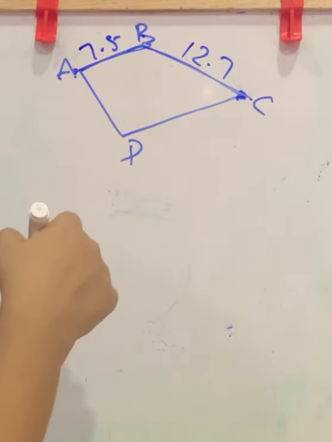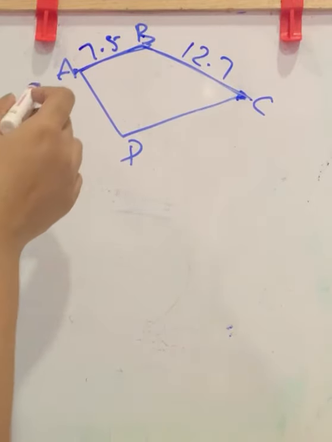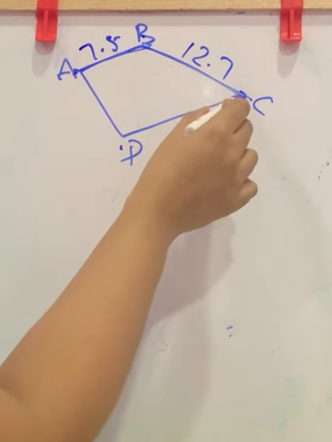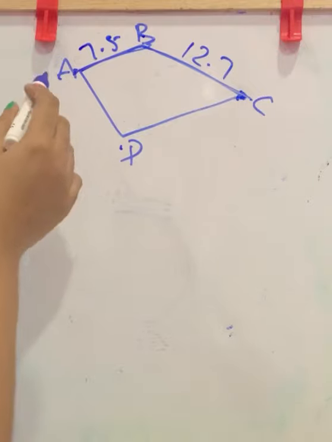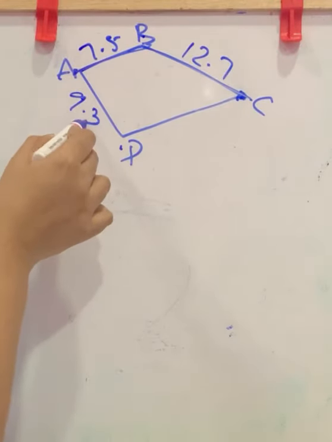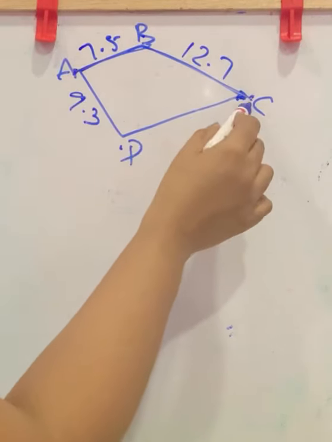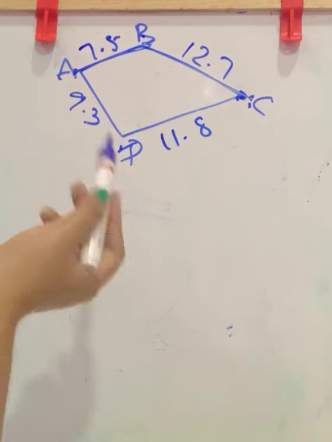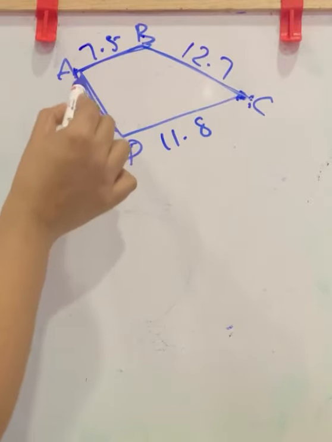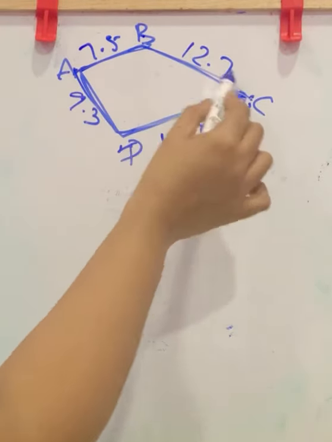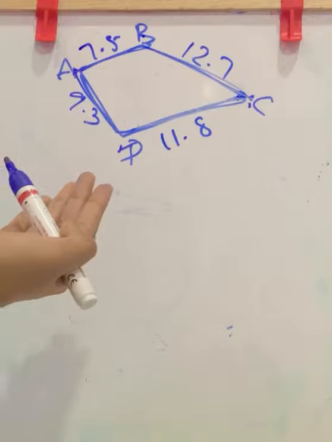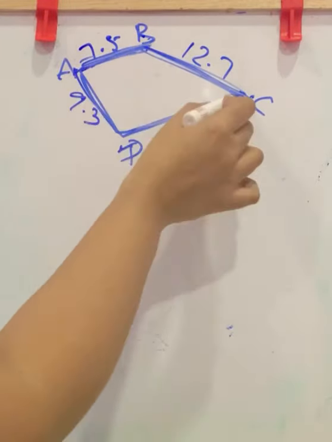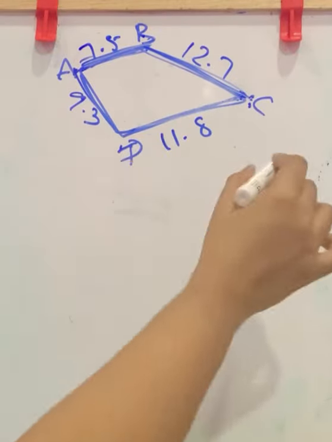Next, Ayub went from A to D and then D to C. D is 9.3 kilometers from A and C is 11.8 kilometers from D. Who traveled more? This is Ayub's path and this is Dinesh's path. So who traveled more means you want to find the sum of this distance and this distance. Then you will get distance traveled by